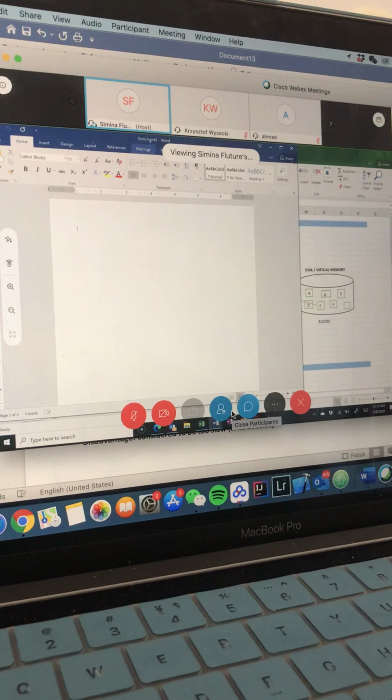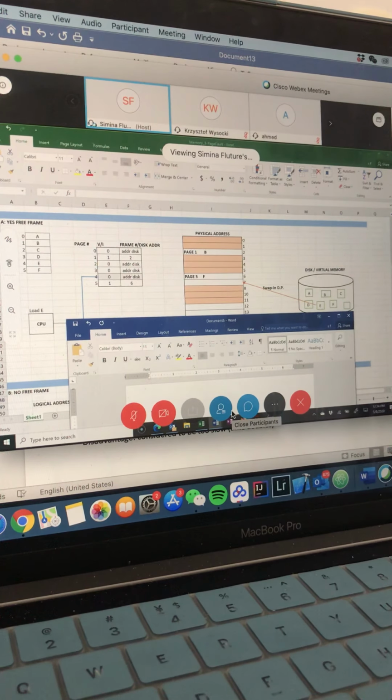Okay. So if we are in the case that there is a free frame, the next step is to pick a free frame. And there are algorithms for picking a free frame, but we're just gonna pick one of the free frames.